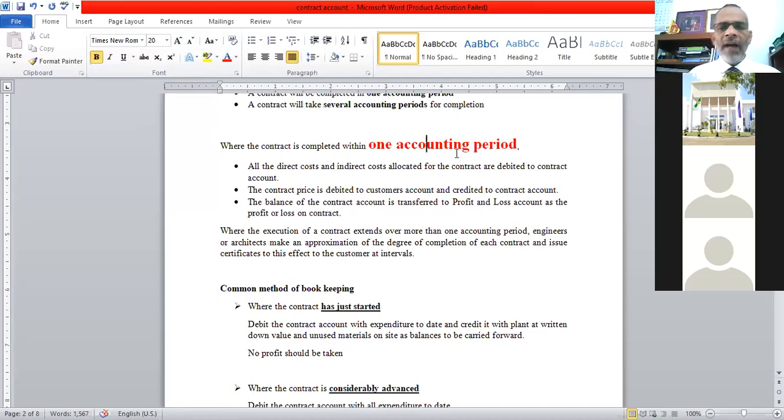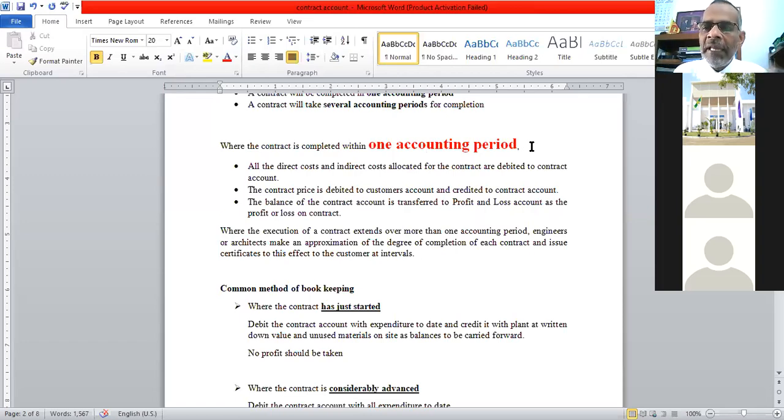Look at where the contract is less than one accounting period, how to do the accounting. That is the part I am going to explain. Look at the bold number one. All the direct and indirect expenditure is debited to the contract account. That is the system. Second, the price is debited to the customer account and credited to where? Contract account. The price, say for example, the contract price of the building is 100 million or 1 million or